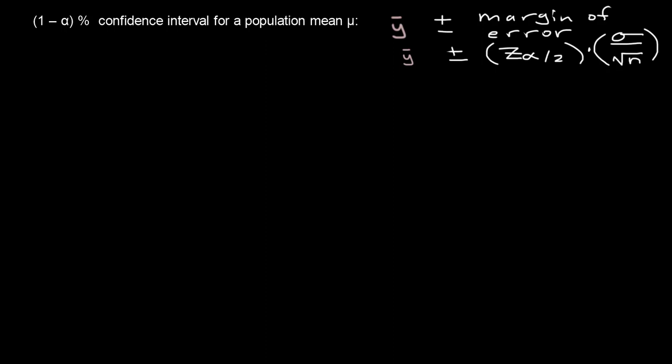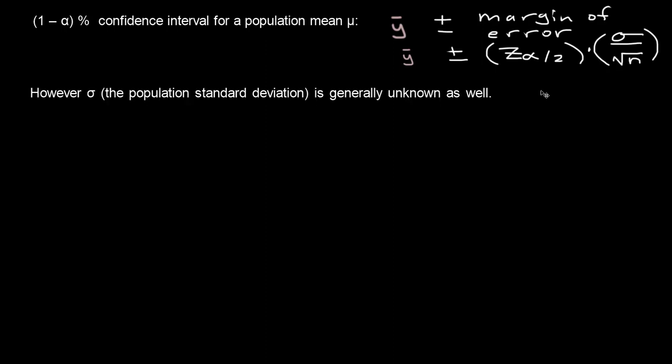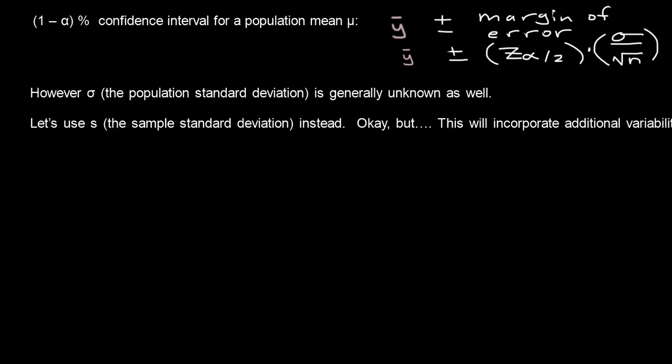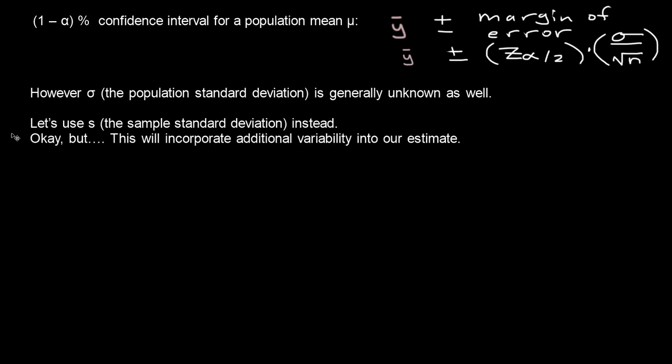However, we don't usually know sigma. So we are estimating a population mean mu, but what's also typically unknown is the population standard deviation as well. So it may seem reasonable to say, okay, well, since sigma is a population parameter, can't we just replace it with the sample version? Can we just use the sample standard deviation? Well, yes, that would be great. However, this does not come without a little compromise,